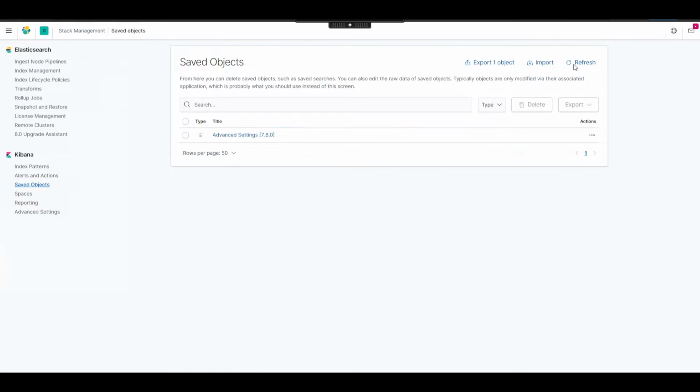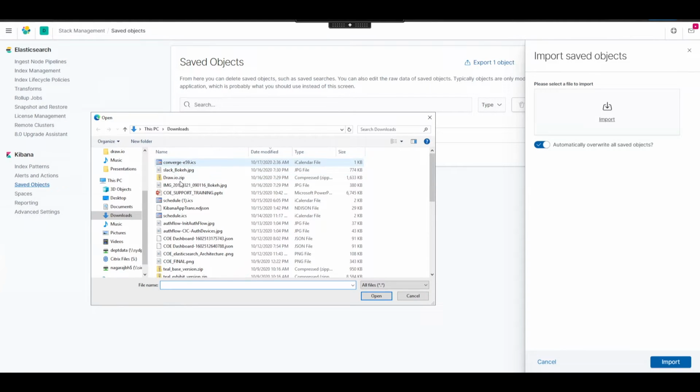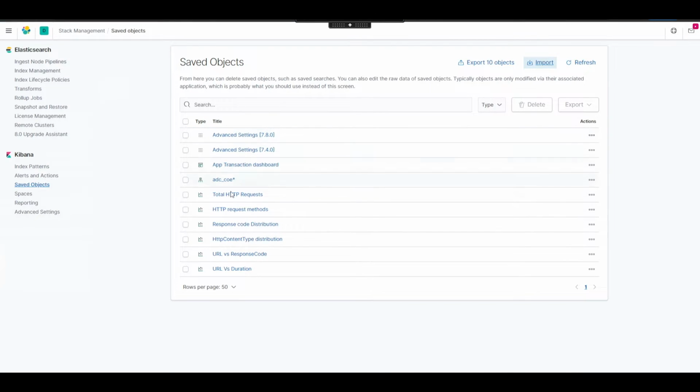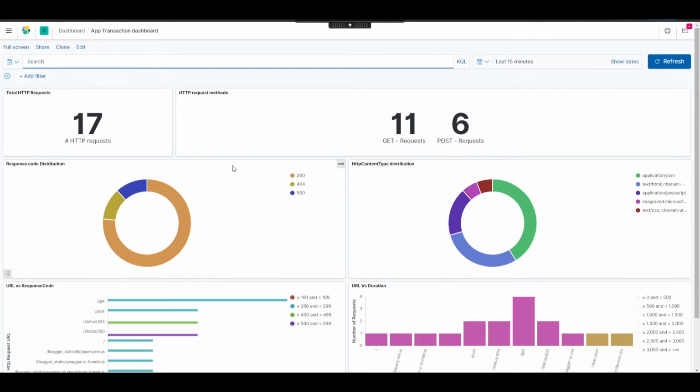So import, we'll select the file and then click on import. So we have our application transaction dashboard up. Let's click and see what we have here. Voila, we have all the data here.